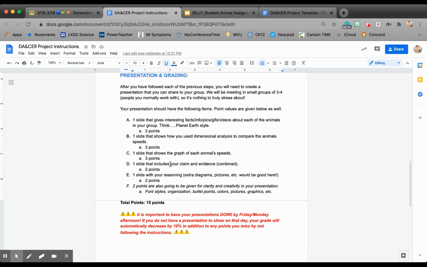You can just double up on that. And then part E is one slide with your reasoning, right? So extra diagrams or pictures, if you can find them, would be really helpful to kind of explain why that fastest animal is the fastest. That one is worth 2 points because I know it took a little bit more time to come up with that answer. Now, to round it all out to 15 points, I'm additionally giving 2 points for clarity and creativity